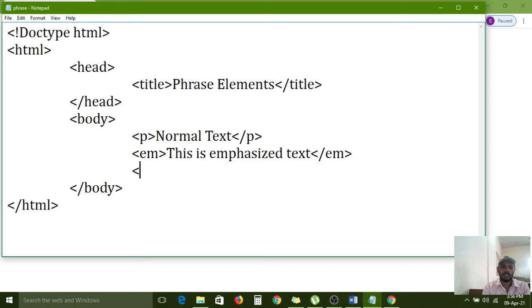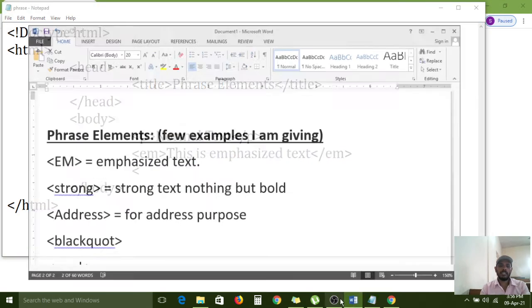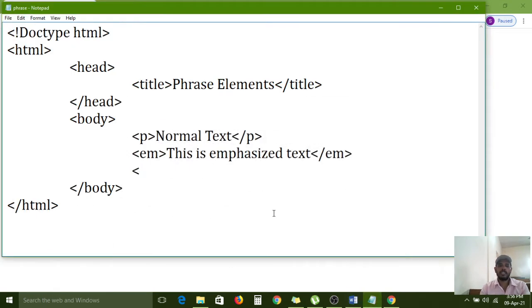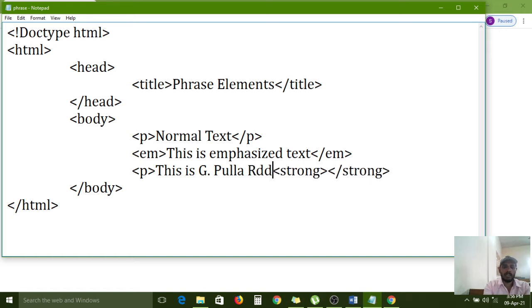Next, strong text, which is also equal to bold. First we need to configure one paragraph: this is G. Pullareddy.